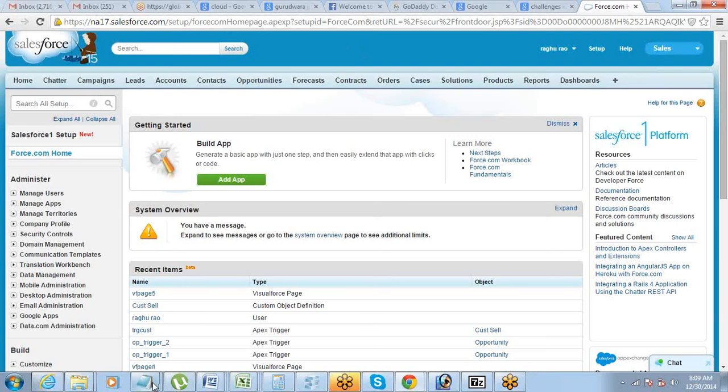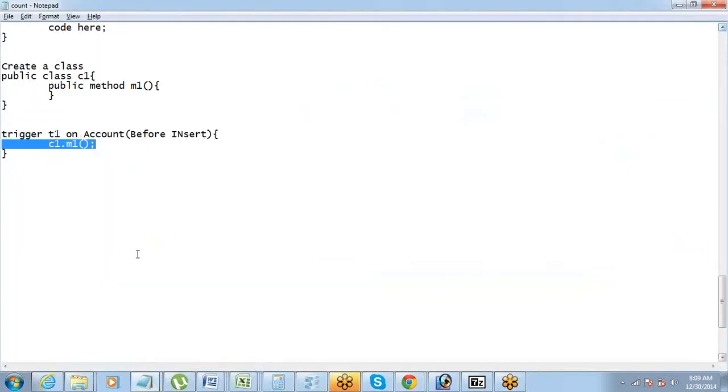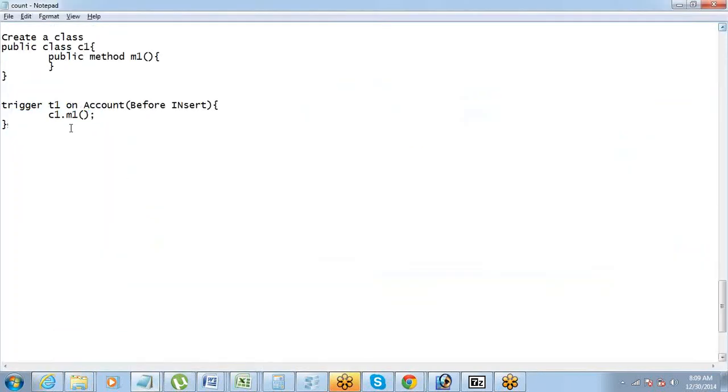So we're going to do a simple example. What we are going to do here is create a trigger, okay? And the logic that I want to put on my trigger, now I want to put a little complex logic here.